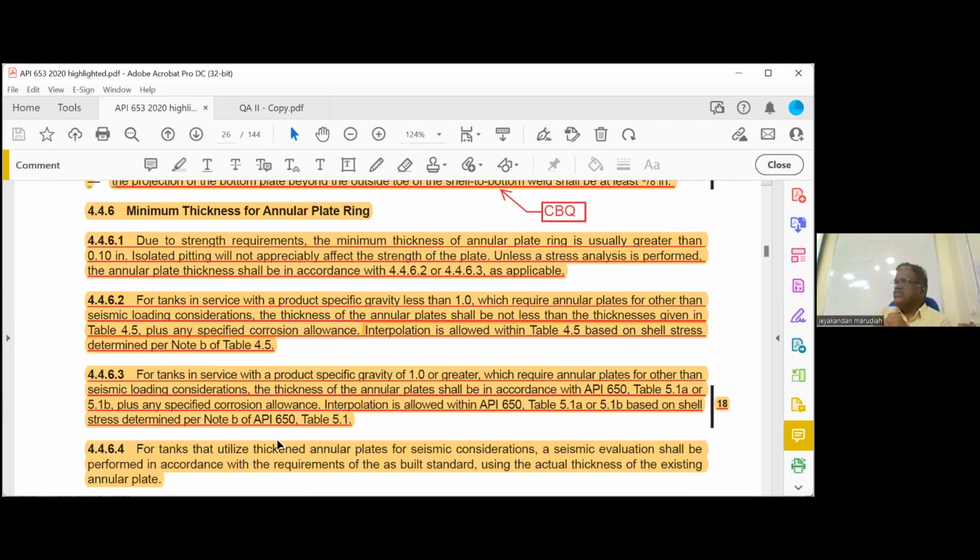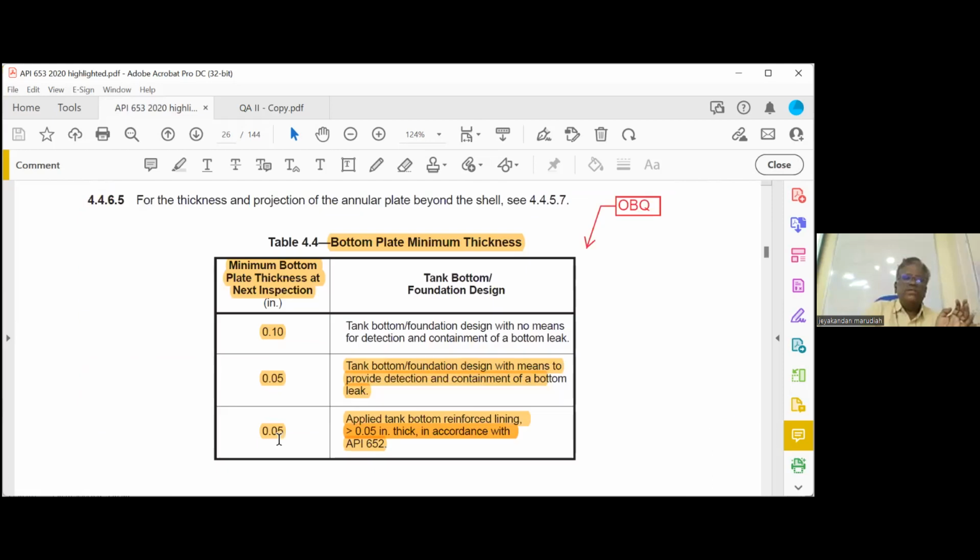What is meant by critical zone? From the shell, 3 inch, 0.1 inch is mandatory. The projection outside the plate, 0.1 inch is mandatory. Critical zone also 0.1 inch is mandatory. Outside also 0.1 inch is mandatory. So the outside projection thickness should be 0.1 inch. What should be the length? Outside projection length will be from the weld to 3/8 inch. Because these are the ones we have seen mainly yesterday. Okay, then another one,